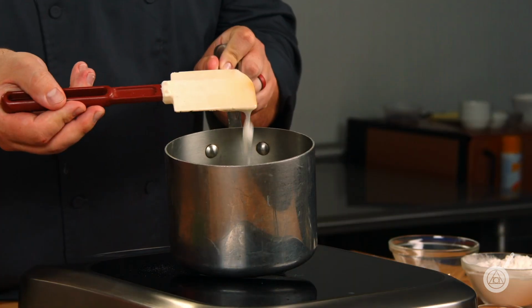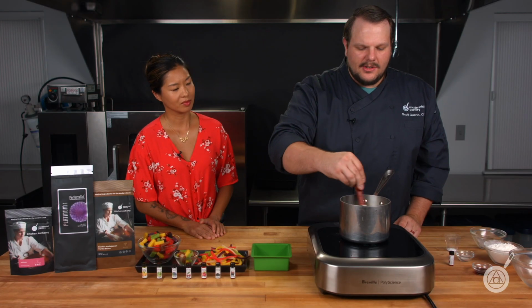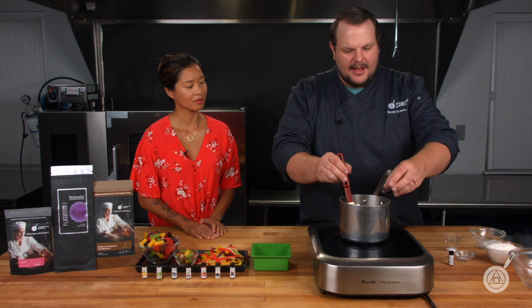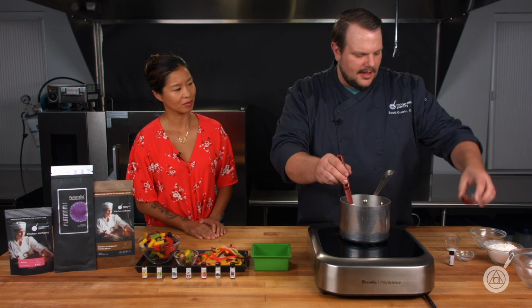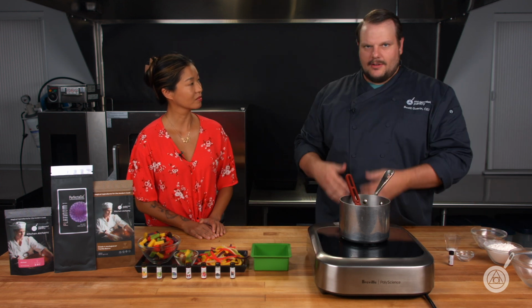So once I get this, it will start to dissolve. Allulose loves to clump, so you just kind of smush them down and they'll dissolve in there. But once it starts to get clear, I can then add in my food coloring. So that's just red food coloring. If you prefer a gel food coloring over a liquid, you can do whatever you want, just replace it 1-to-1,